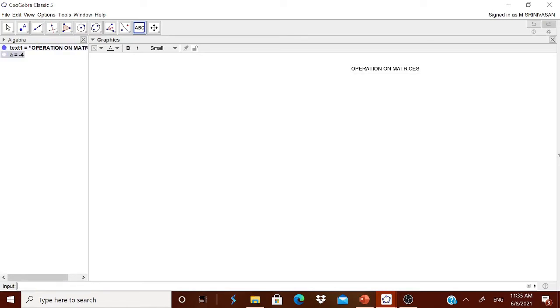Therefore I got A. Now you see, for 2x2 I want two matrices. Therefore one will have 4 entries, the other will have 4 entries. Therefore I want 8 numbers like this. Therefore B is equal to, once again, random between minus 25 and 25. C is equal to, again, Control V. I am doing it to save time. D is equal to, once again, Control V. Then this is for the first matrix. I got it. I will go for the second matrix. E, F, G, and H.